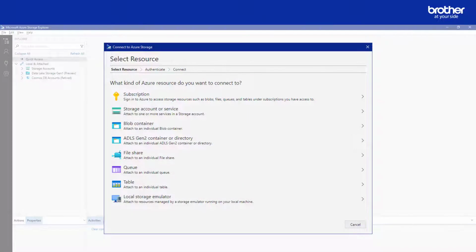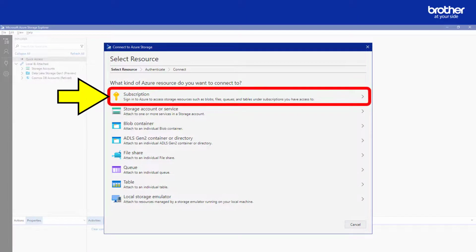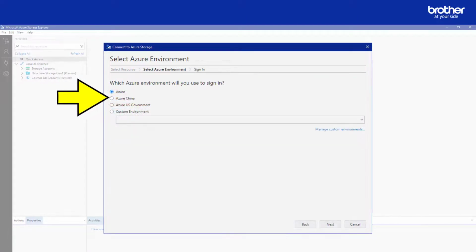If you have never used this utility before, you will be required to connect it to your Azure subscription. To do this, click the Subscription button. Select the relevant Azure environment. Then click the Next button.